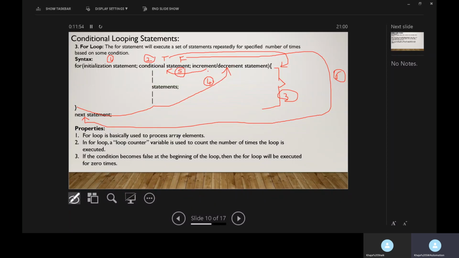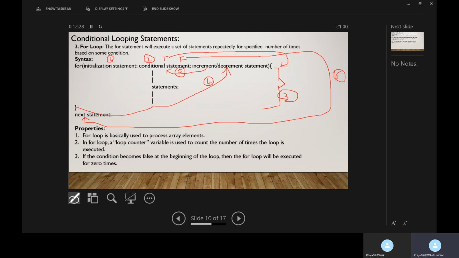This continues until the condition becomes false, then the for loop will be terminated and control transferred to the next statement after the for loop statement.